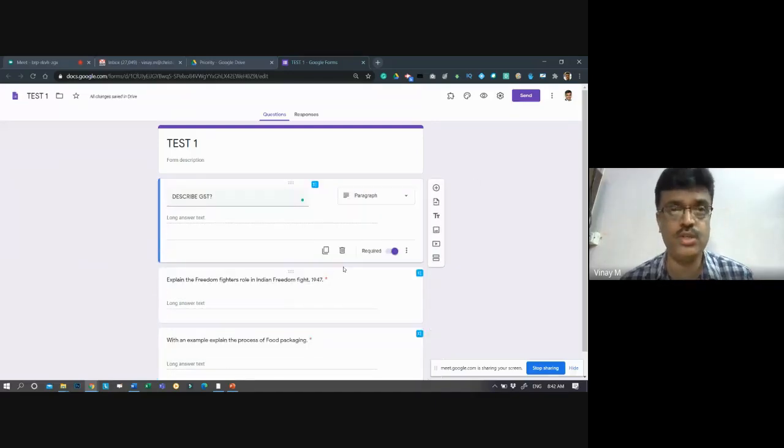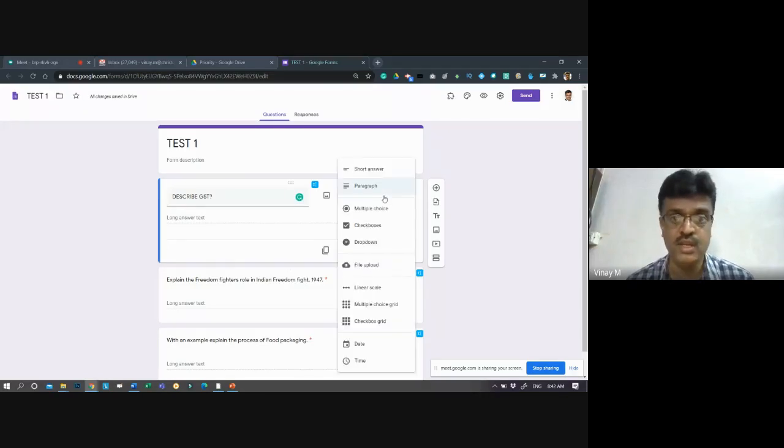Now remember that only those questions with a single word, or multiple choice questions, are auto evaluated. That means multiple choice, checkboxes and dropdowns become auto evaluation. Even linear scale is possible. Checkbox grid, multiple choice grid, date, time can all be evaluated, except the short answer, and even sometimes short answer is okay, but these two are not evaluated automatically. Paragraph especially will not be evaluated by the system. Even though it is a quiz, it cannot be evaluated. I need to do that.